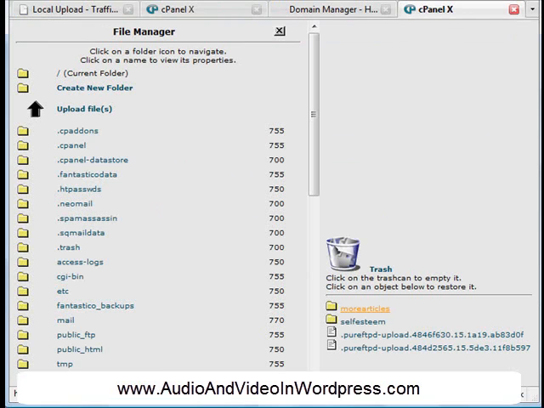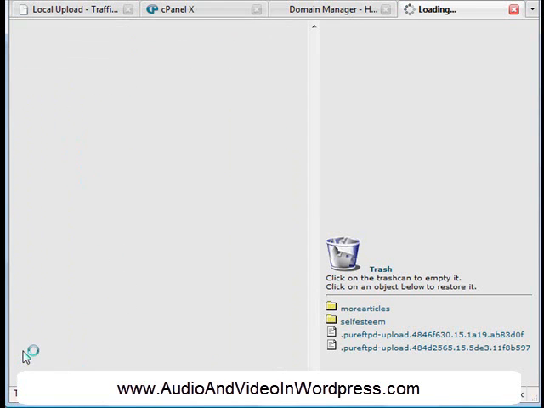So I'm in the File Manager, and in the File Manager you can do a lot of things. You can upload files, you can rename files, delete files, create new files, etc. So, create new directory. Let's say I want to create a new folder. Okay, so I go to the root of my account, and the root of your account is always after public HTML. So I click on the little icon here,